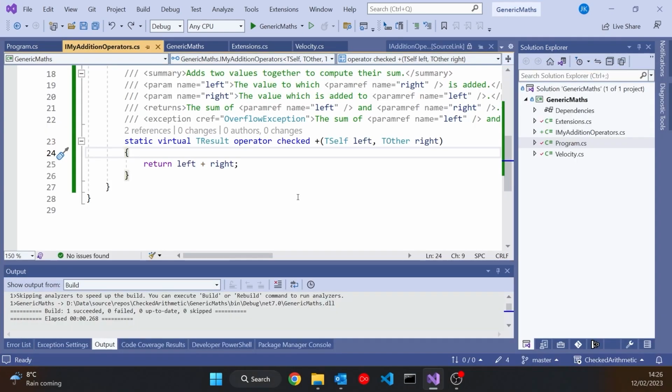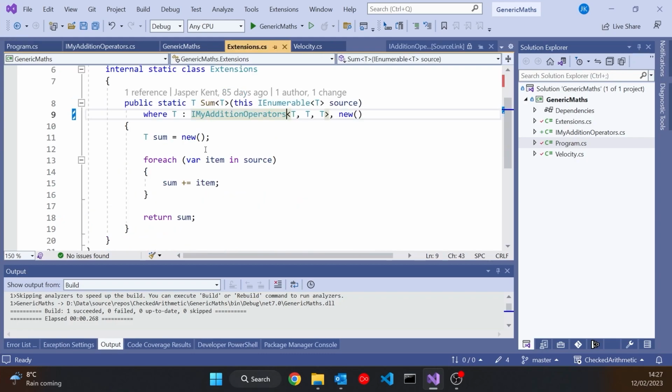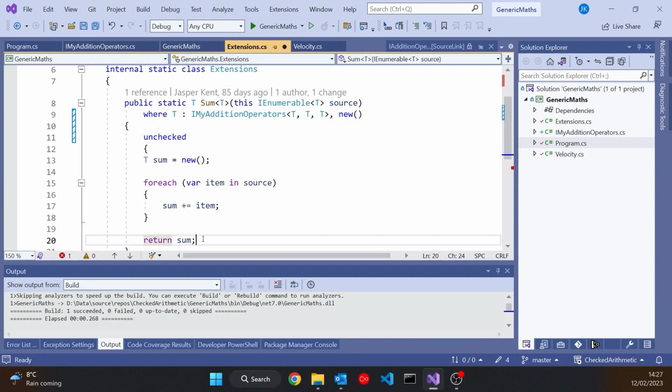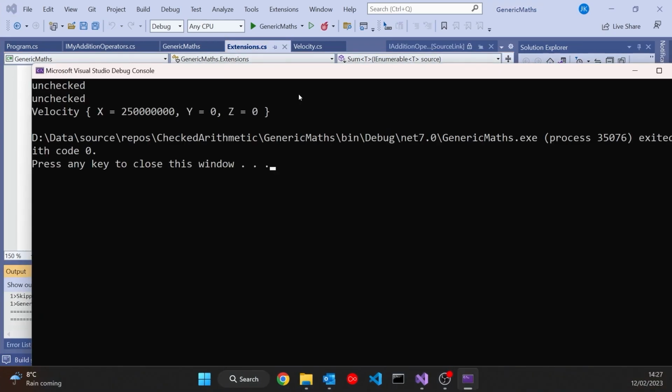The reason we're getting the overflow is because obviously this version is being called, and that's where it's recursing. But if we look at our program, we've put that in an unchecked block. But the thing about unchecked, as I say, is that it doesn't cascade, so it only applies to code directly inside there, but still within the program file. If we wanted to make some unchecked, we'd have to explicitly put that in there. So we'd have to put an unchecked block in here. That would mean that this plus equals, which is using the plus, is now inside there. And so now when we run that, it works again fine.